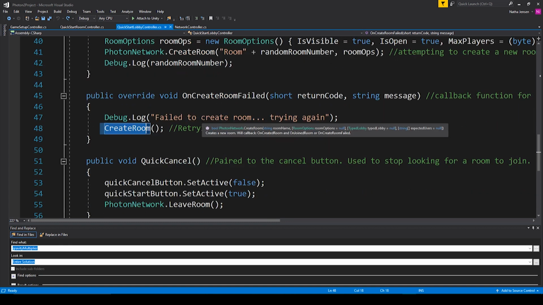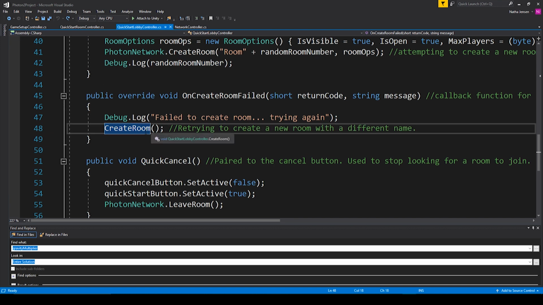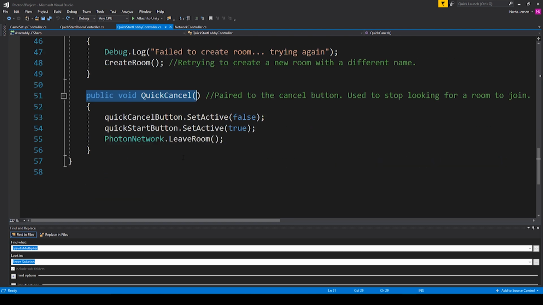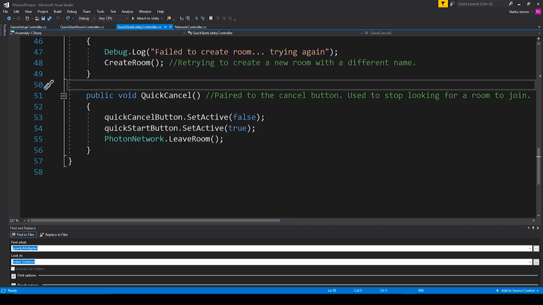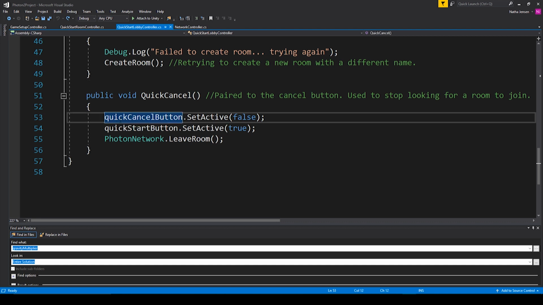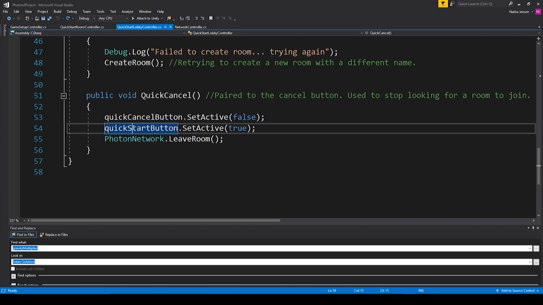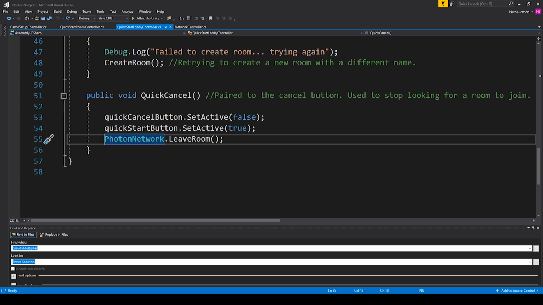Now we'll handle the successful creation of a room in our room controller script, but before we do that, we need to create this public void QuickCancel function. And this is the function that will pair to the onClick of our cancel button. Inside this function, we need to disable our cancel button, and so I have quickCancelButton.SetActive, and I'm passing in false. We then need to re-enable our start button, and so I have quickStartButton.SetActive, and I'm passing in true. And the last thing that we need to do is disconnect from any room that we tried to join. And so I have PhotonNetwork.LeaveRoom();